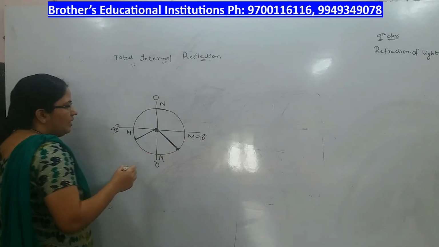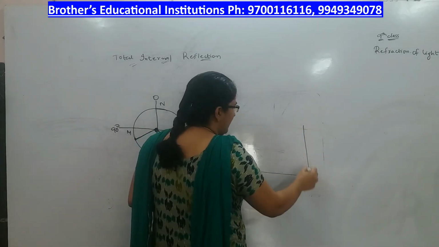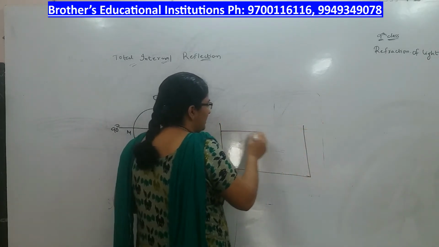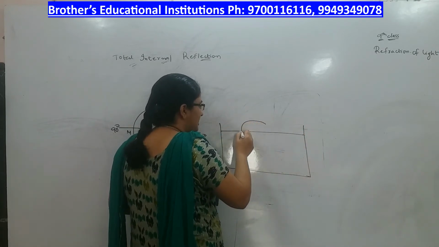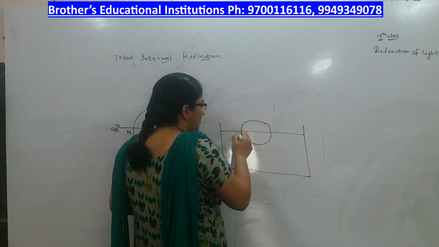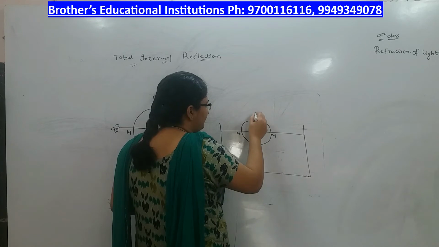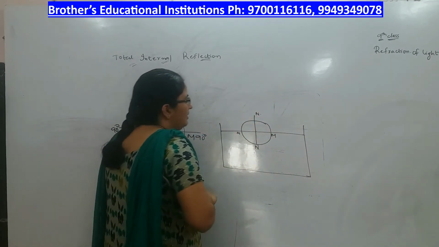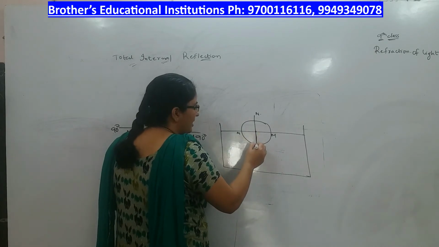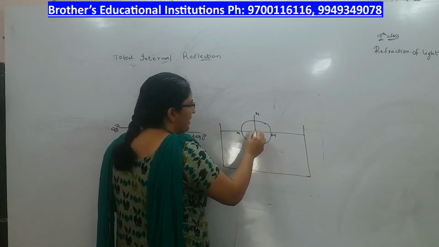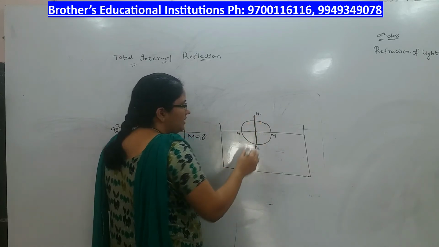Okay. Now what you do is take a glass container having some water in it up to a certain height like this, and you dip the circular disc such that NN' coincides with the interface like this. Coincides with the interface. Now keep the straw here and try to observe the straw from the other side. It will be observed over here without deviation when it is along the normal.